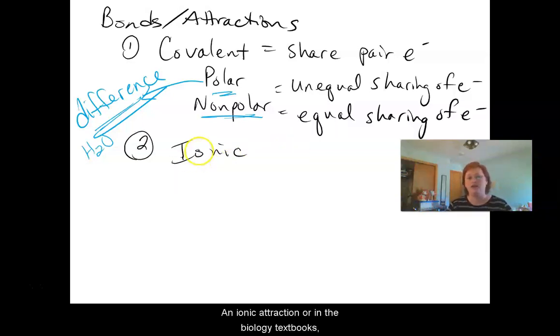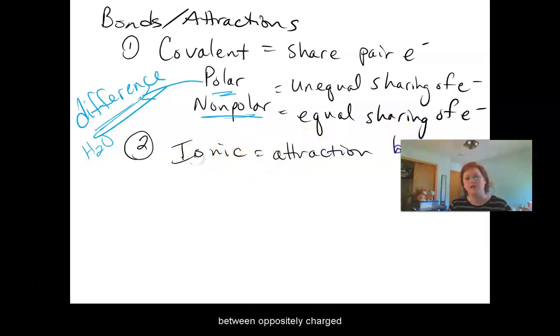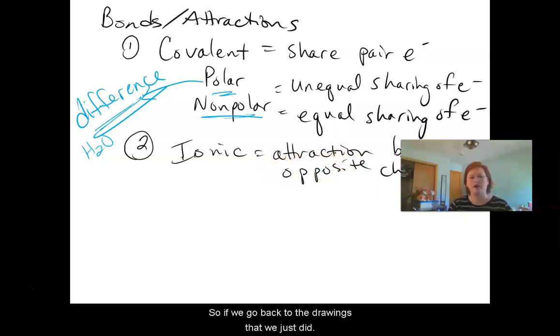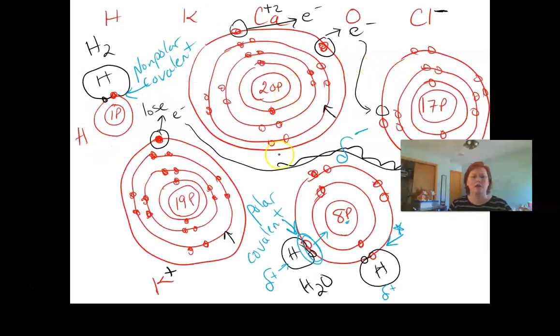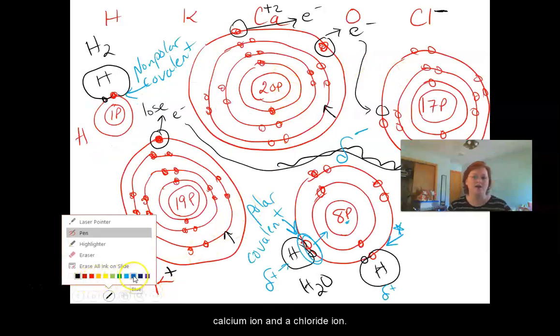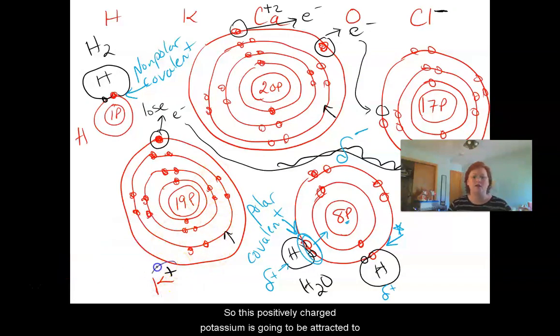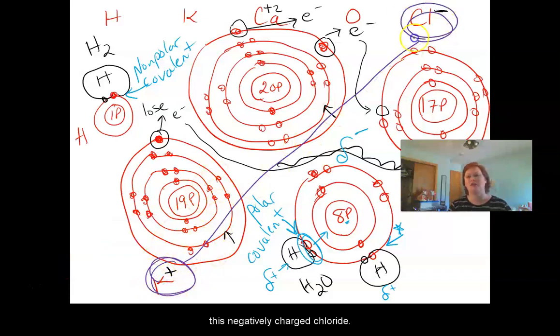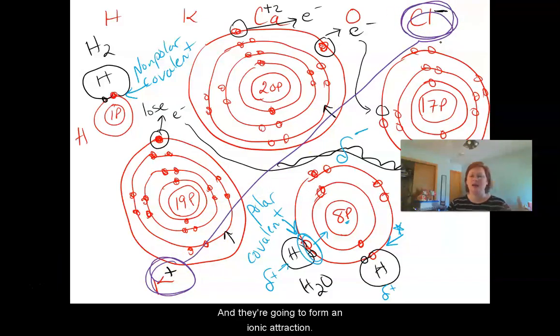In particular, all of the organic molecules that we will be talking about in a little bit. An ionic attraction, or in the biology textbooks they like to call it a bond, is an attraction between opposite charged atoms or molecules. So it's an attraction between opposite charges. If we go back to the drawings that we just did, we created a potassium ion, a calcium ion, and a chloride ion. So this positively charged potassium is going to be attracted to this negatively charged chloride,